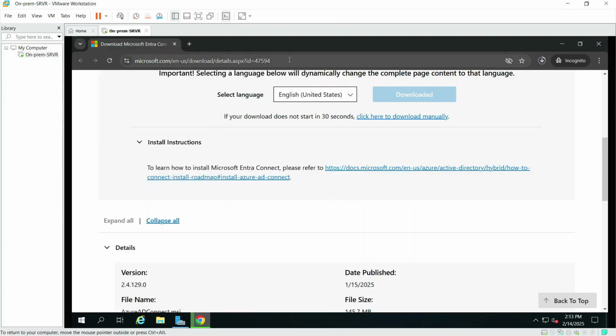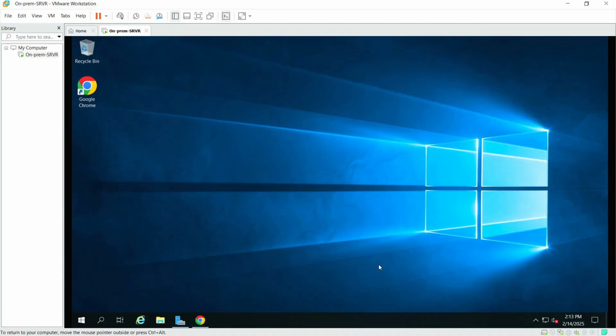Now, this client can be installed on the same server running your Active Directory service, or it can be a separate server as well. You just need to remember that this client, the Microsoft Entra Connect version 2 client, must have a line of sight to Azure as well as your on-prem AD. All right, so download is complete. Let's go ahead and go to Downloads